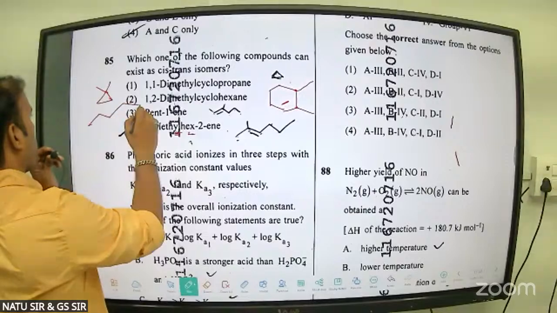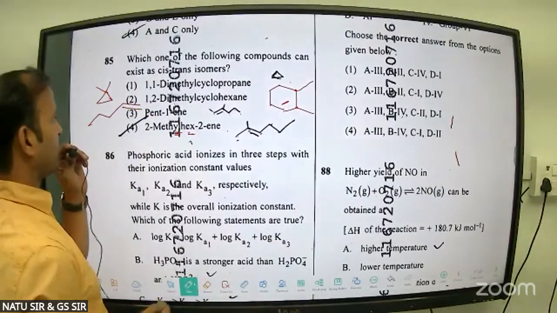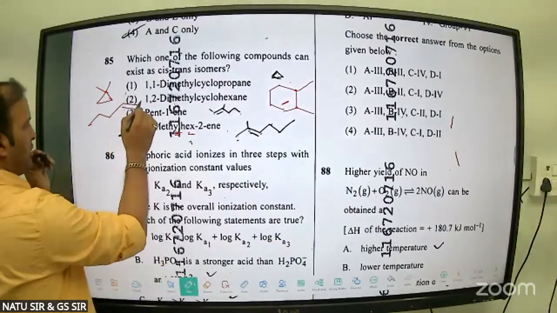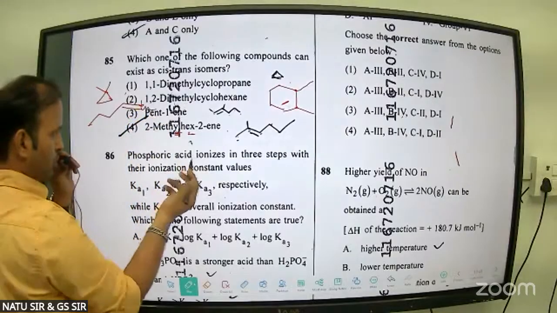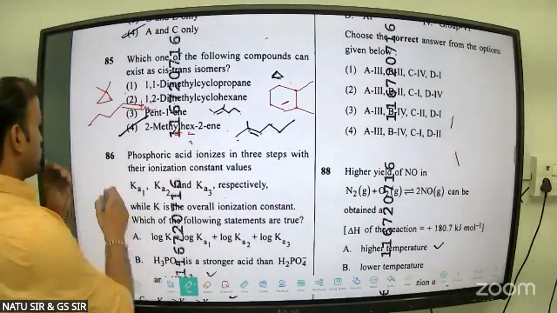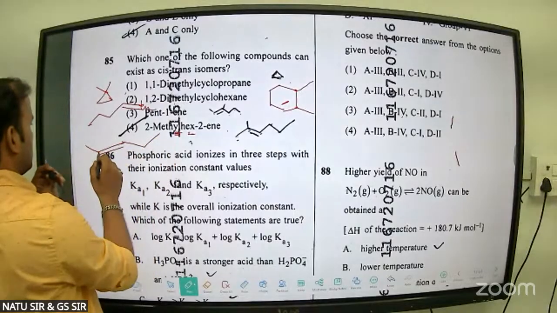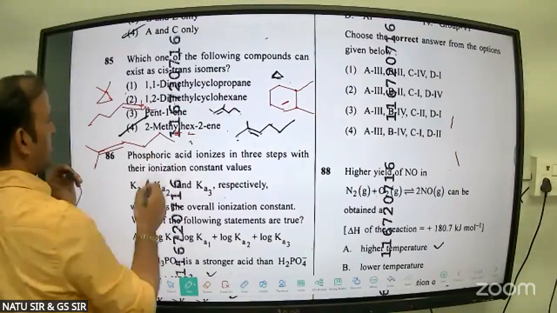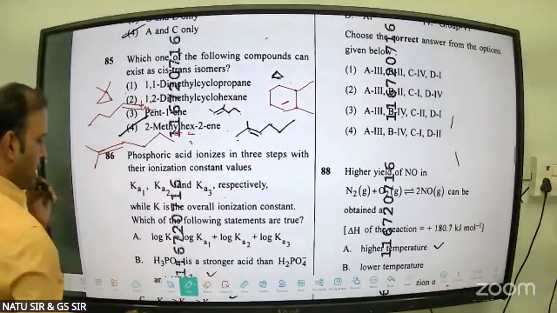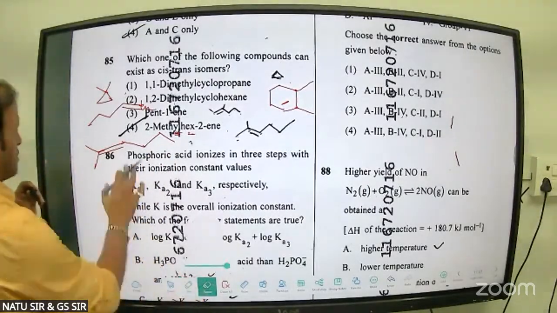Pentane, this is going to be pentane. यहाँ पे CH2 है, so will not show. N2 methyl H2 is going to be like this. So again, it will not show. The next is